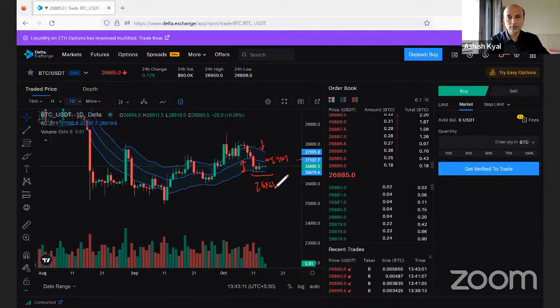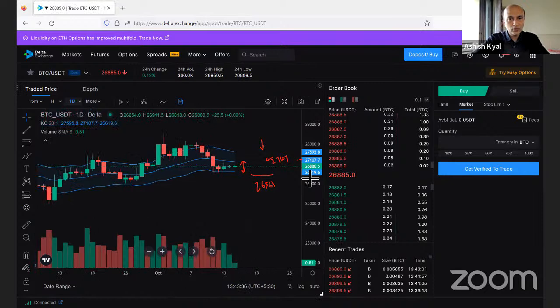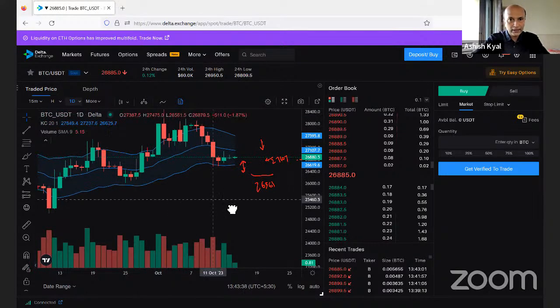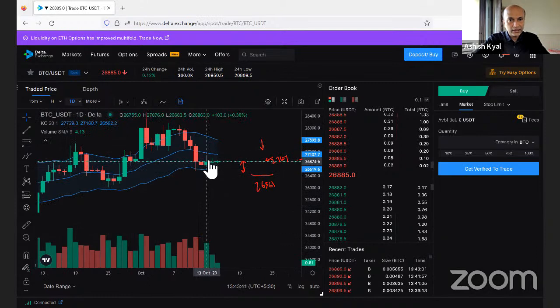So I'm going to be avoiding selling a put option right now unless I see a move above 27,107. Now with that in mind, what I can actually do is थोड़ा सा zoom in करके, if you check, this is on the daily time frame I am saying, if you just zoom in this screen and check a little more in detail, यहाँ पर we can see that this is the high of the candle here, which is formed on 13th of October. So the high of the candle is again 27,076.